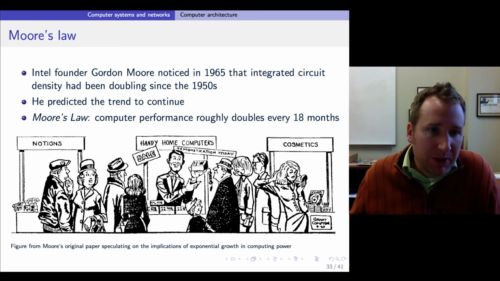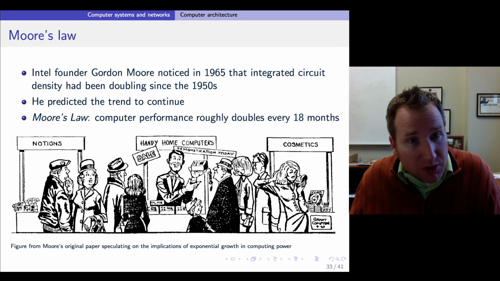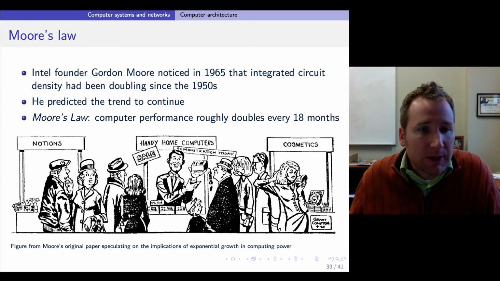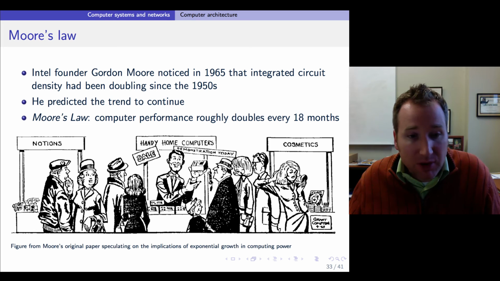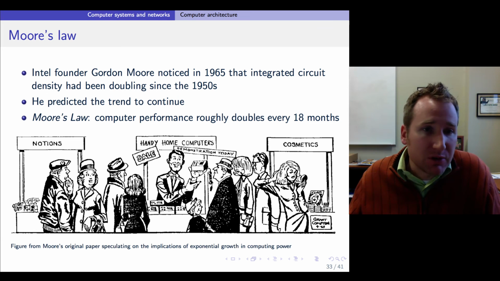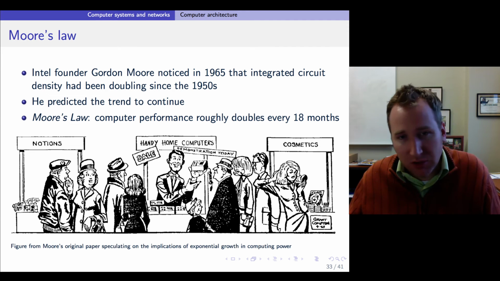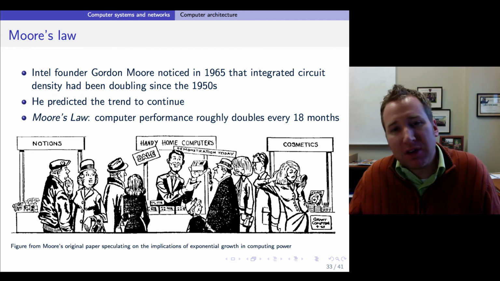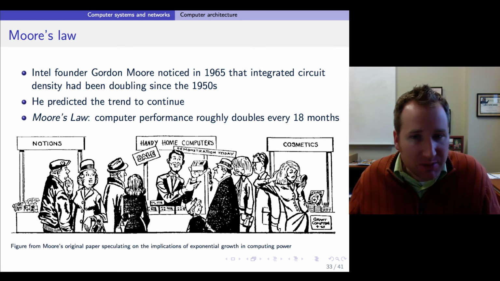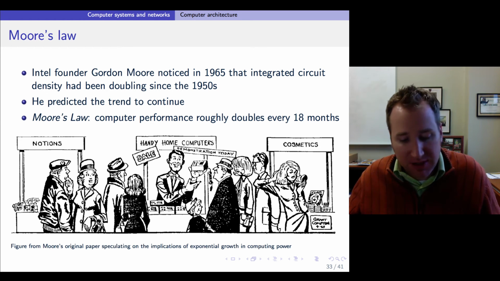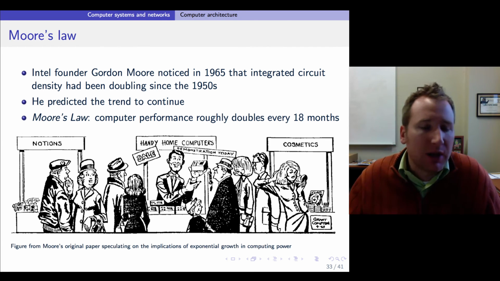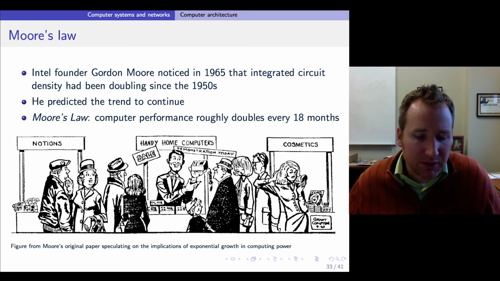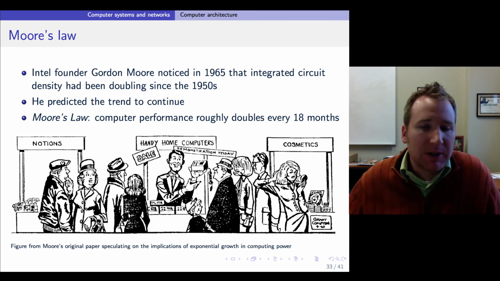Okay, another big concept, which you've probably heard of, is called Moore's Law. This is essentially an exponential growth in computing power. It was noticed by the founder of Intel, Gordon Moore, no relation, who noticed in the 1960s that integrated circuit density had been doubling since the 1950s, and it turns out that the density of your integrated circuits directly corresponded to the computational power. And he predicted this trend would continue,